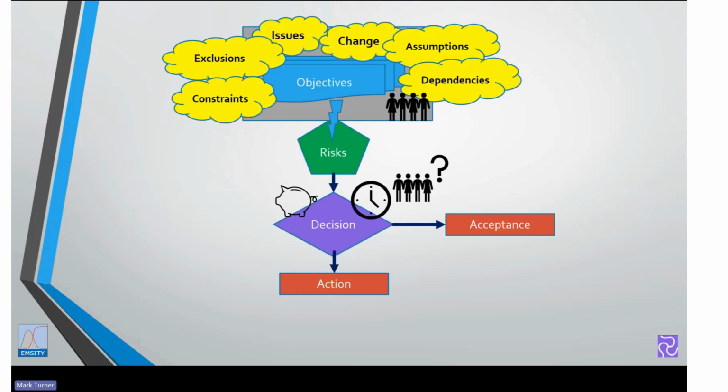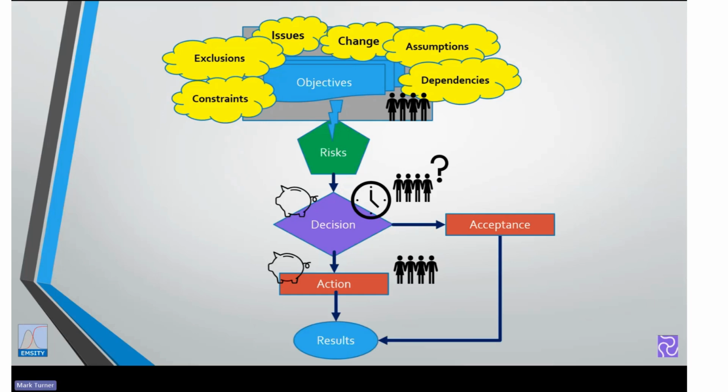Now, action is, in my opinion, the only point at which risk management adds any value to an organization. You can do all the analysis and all the assessment in the world that you want. If you're not taking action, then you're not actually adding any value to the organization. So a key element of Safran Risk Manager is this action focus. Are we doing what we said we're going to do, delivering it when we said we're going to deliver it? And of course, to achieve that, we need to have both a budget available, and we also need to have the resources available to ensure that that action is achieved.